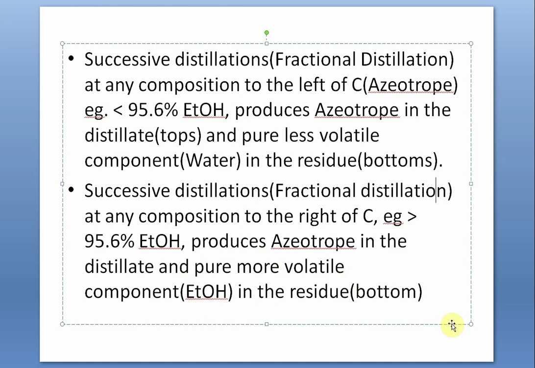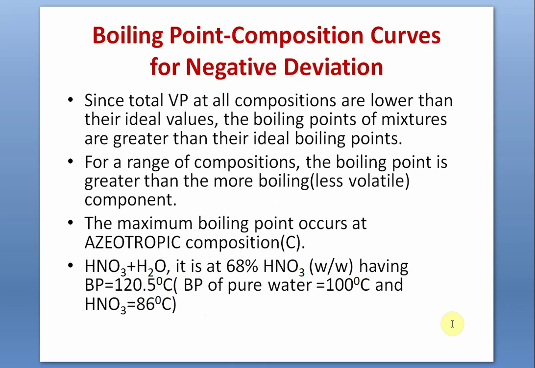Just the opposite thing will happen in negative deviation. I will spend a very little time now and then wind up this lecture. Boiling point composition curves for negative deviation. Since vapor pressures at all compositions are lower than their ideal values, the boiling points of the mixture are greater than their ideal values. For a range of composition, just like the vapor pressure was lower than the vapor pressure of the less volatile liquid,